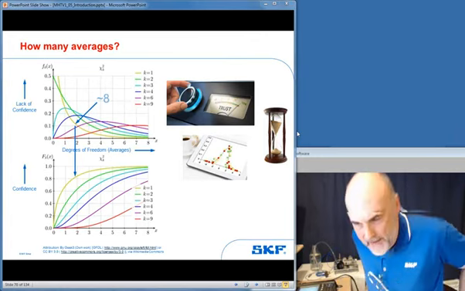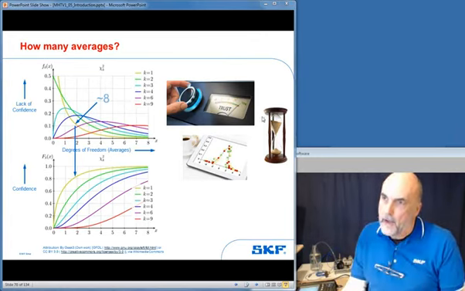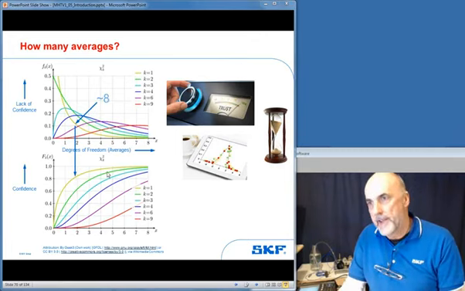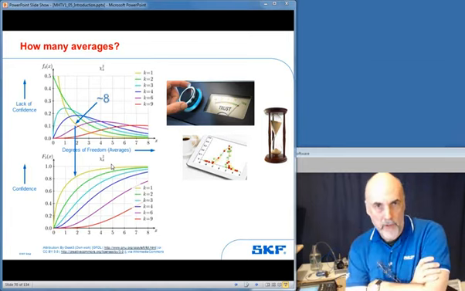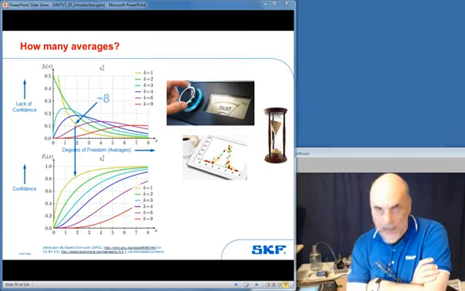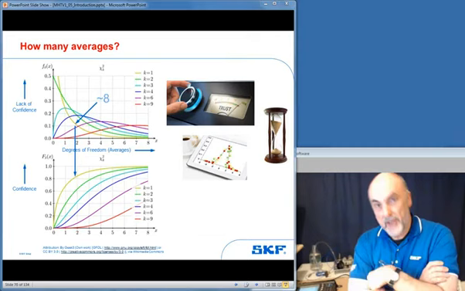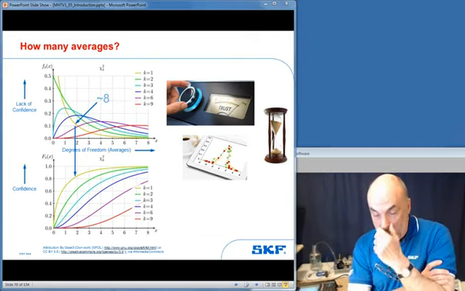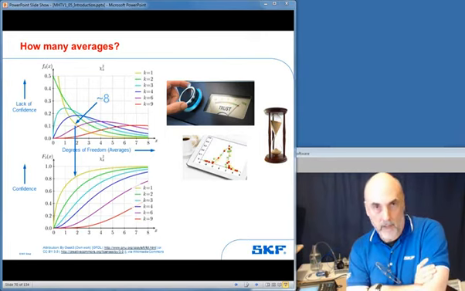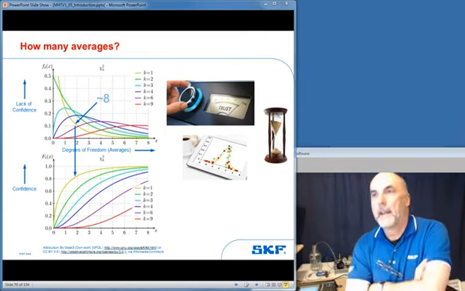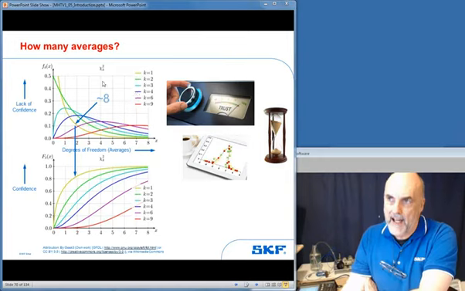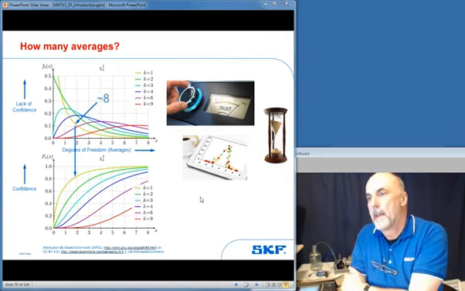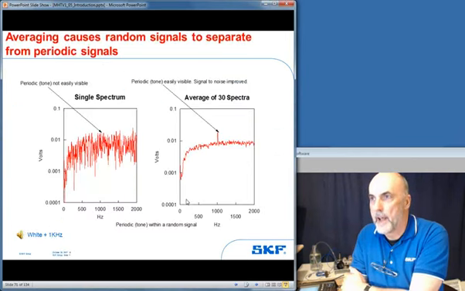So, 8, ladies and gentlemen, is the magic number. It's on the cusp, on the apex of this curve. So you might say, well, I might as well throw 50, 100, 200 averages at this random signal. But the return on your investment diminishes. So as far as statistical accuracy goes, you don't get much back. So if you're in any doubt, use the number 8, and you should be okay. And that's for those of you who love maths.